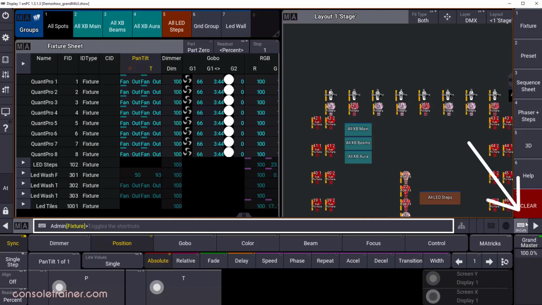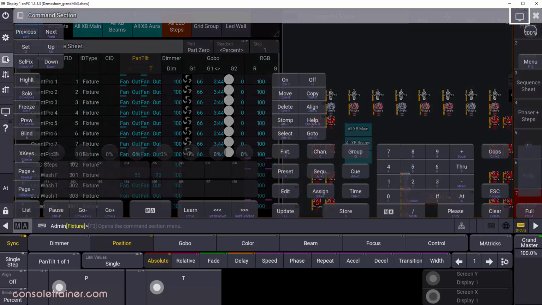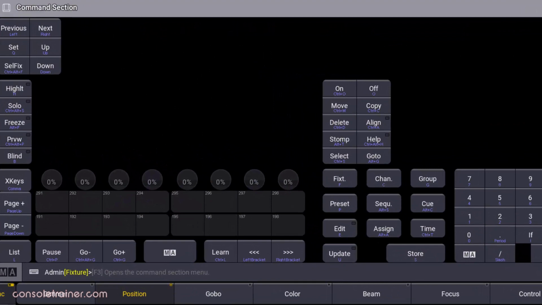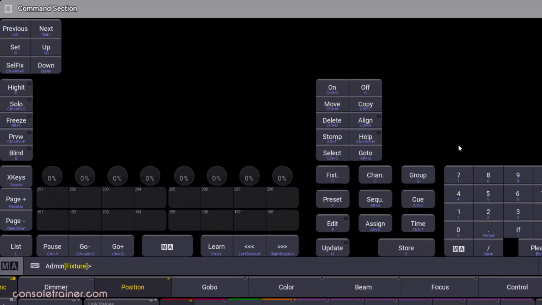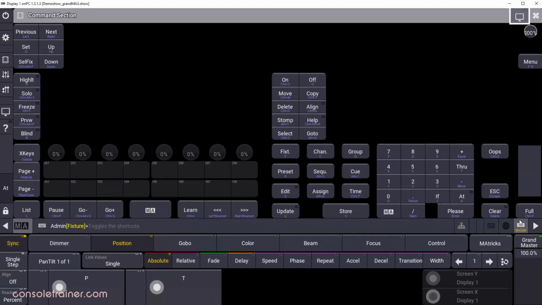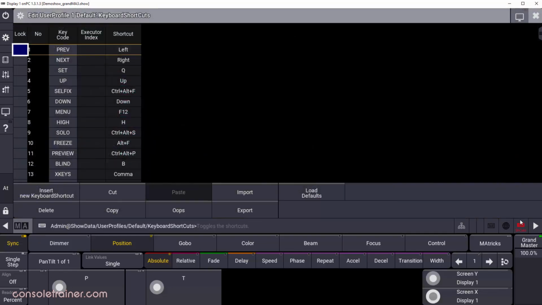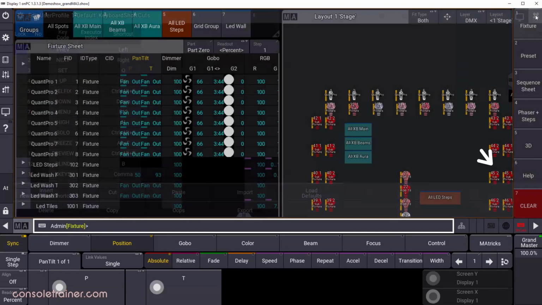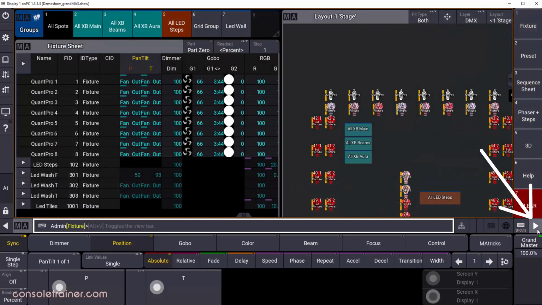The SH Cuts symbol will toggle our keyboard shortcuts on or off. You can also use your F10 key. If I open up the command section with shortcuts on, you can see the shortcuts are written in purple on the screen. Shortcuts can be edited and added and saved with your user profile. This could be done in the Preferences and Timing window, or you can just long press or right-click on the SH Cuts icon to jump there. Lastly, the arrow on the right collapses and expands the view bar. And the view bars are present on all our touchscreens, just like the MA2, but they're now also available on the command screens as well.